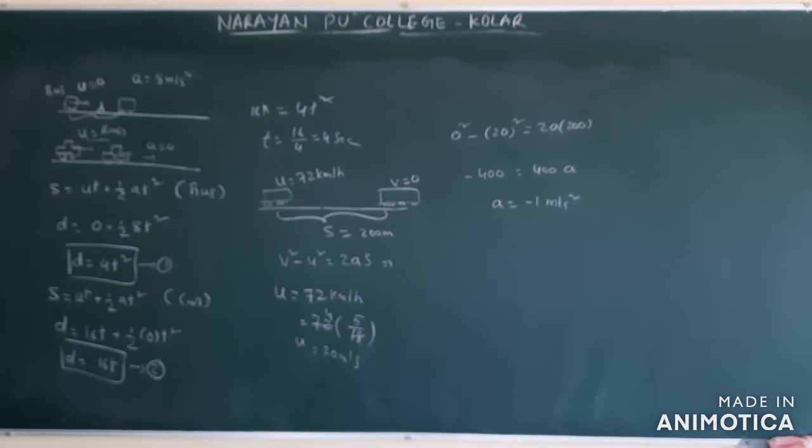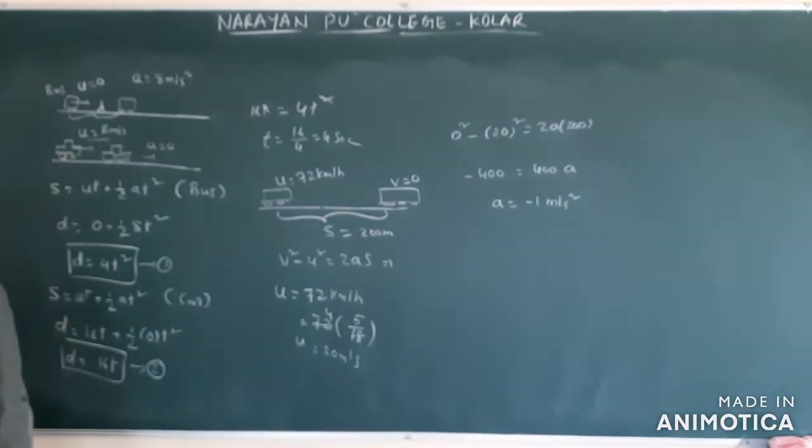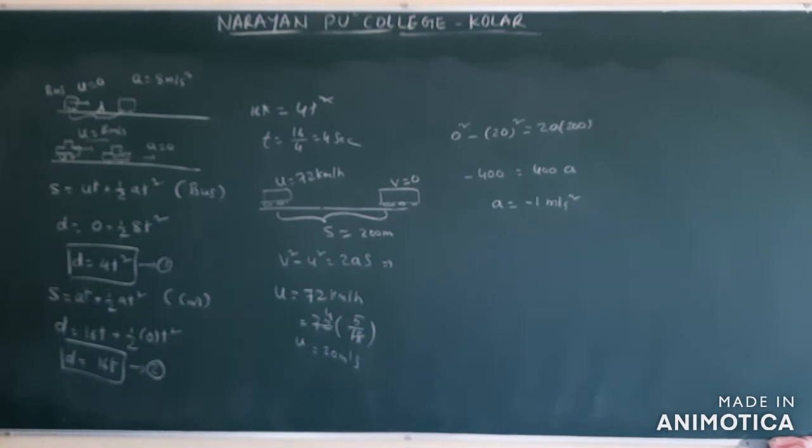Next, question number b. The velocity of a bullet is reduced from 200 meter per second to 100 meter per second while traveling through a wooden block of thickness 10 centimeters. Find the retardation. In brackets they gave, assuming it to be uniform, because whenever it is moving with uniform acceleration, then only we can apply the equations. So it is reducing from 200 to 100, isn't it?